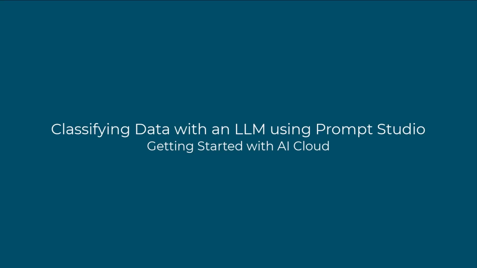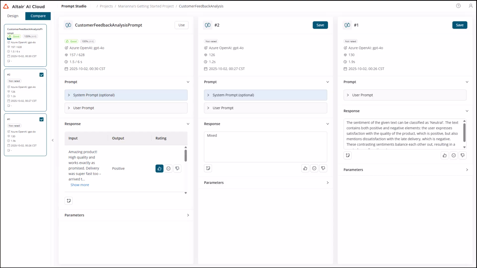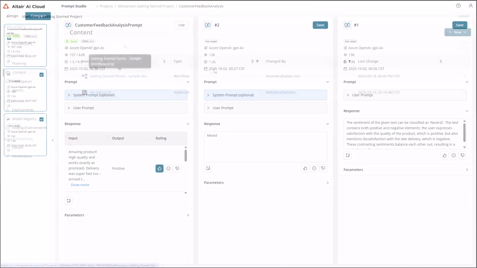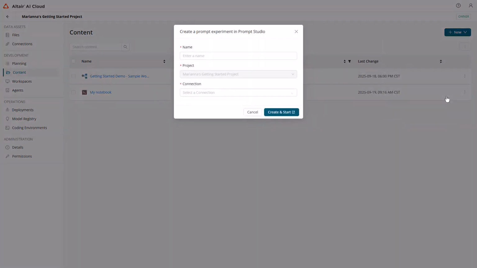In this lesson, we'll use Prompt Studio to refine prompts that guide large language models, or LLMs. We'll start with a basic setup, improve it through iterations, review prompt history, compare outputs, and finally deploy the best version in a workflow. We begin by selecting New, then Prompt Studio from the Contents page of our Getting Started